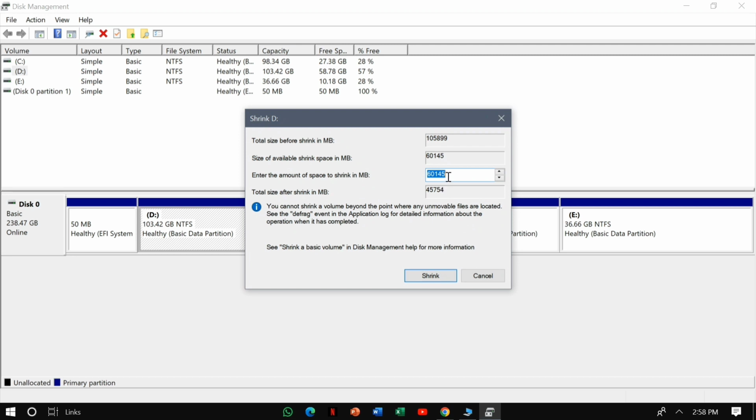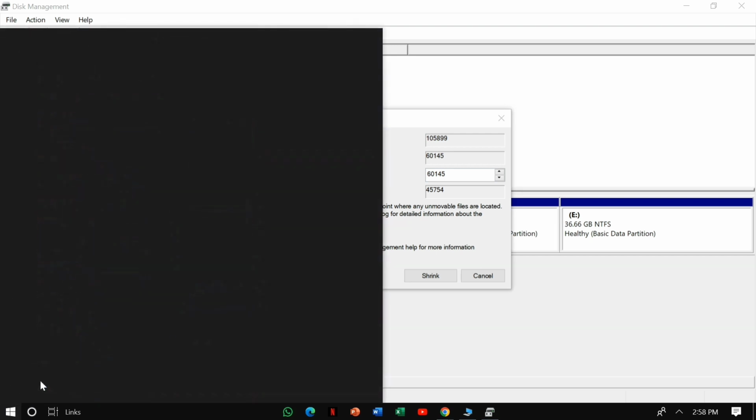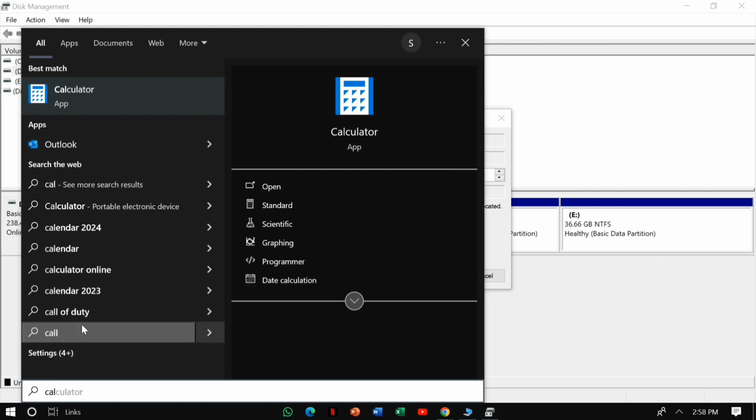Now here we have to give the size in MBs. So suppose you want to allocate 30 GBs to your Kali partition. In order to calculate MBs, come here and search for calculator and hit enter.